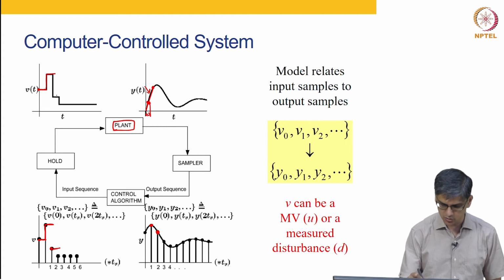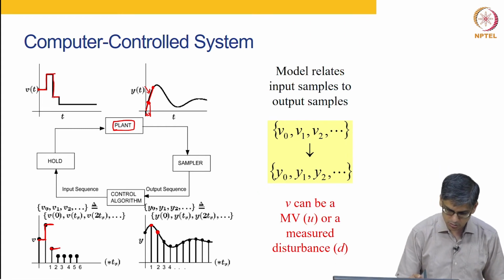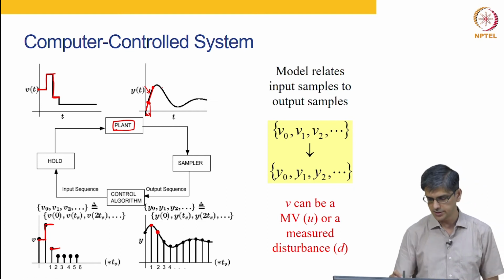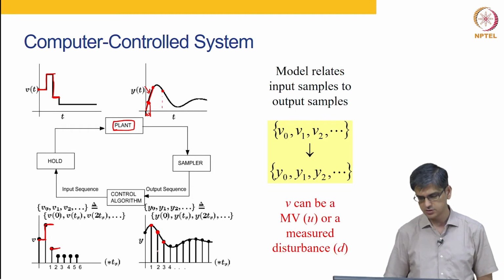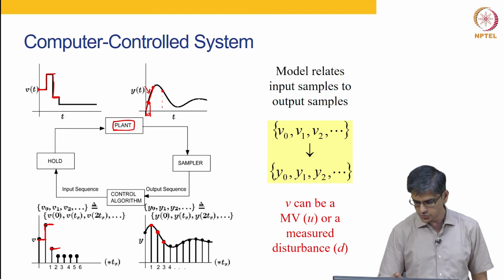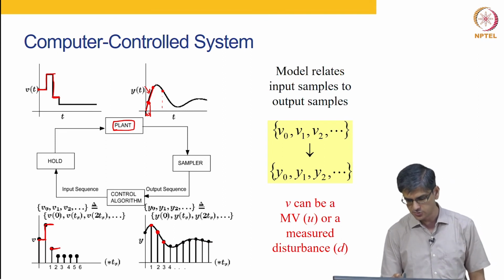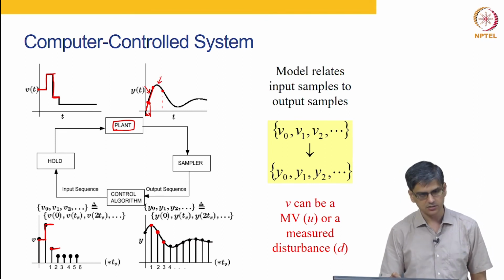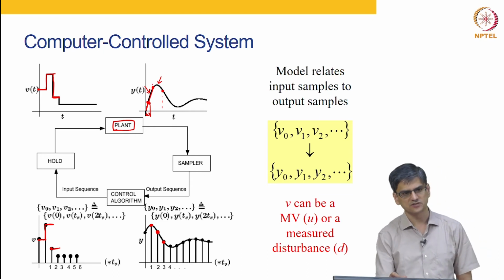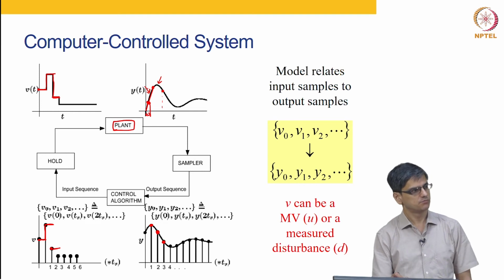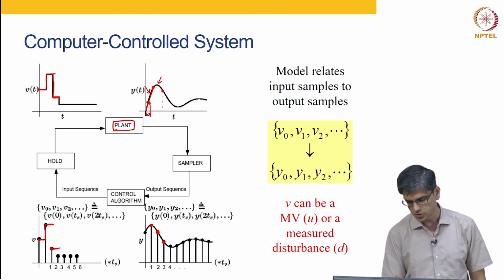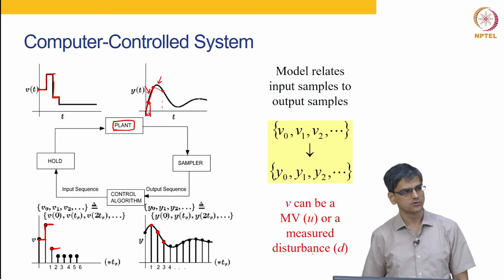Because of that zero order hold, this is going to be our U2, and this is how that signal is going to look. This is going to respond by going over here. So, we get this particular response. You might notice it is possible that this particular peak is missed because of sampling. Most of the time that is not going to be a problem.